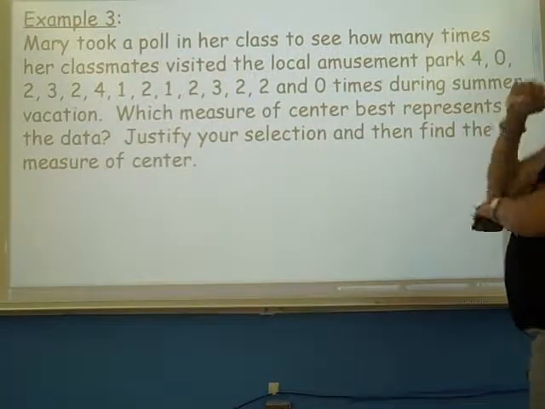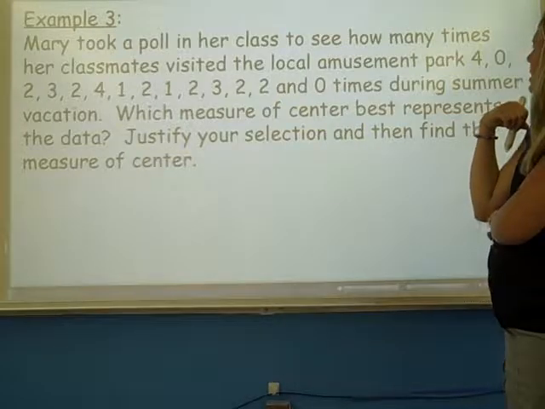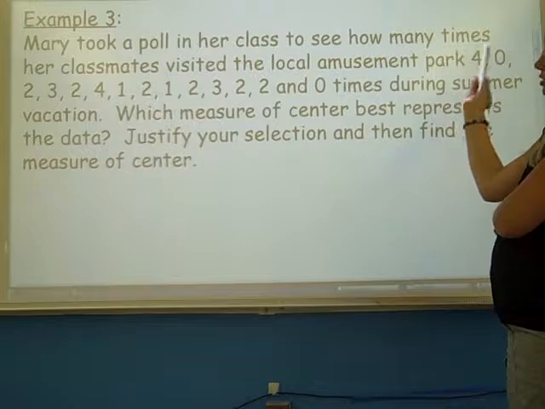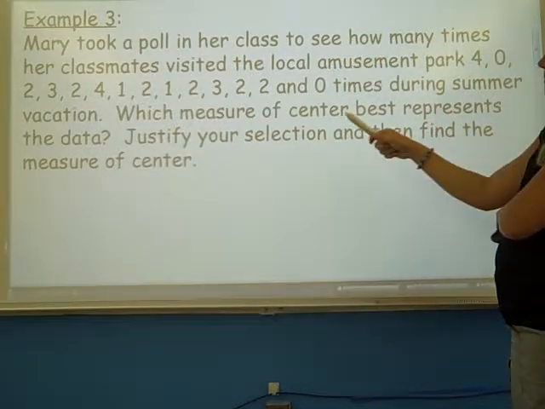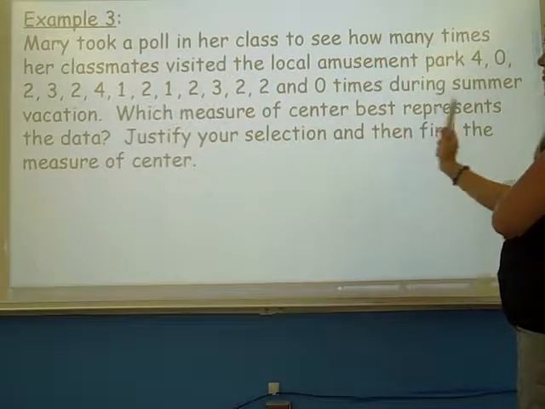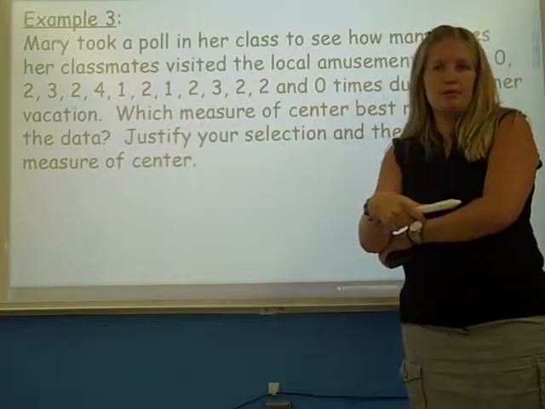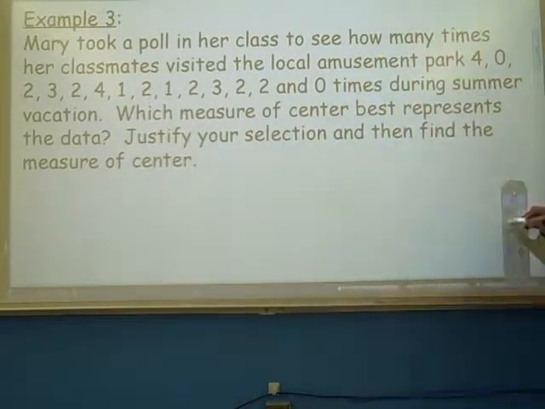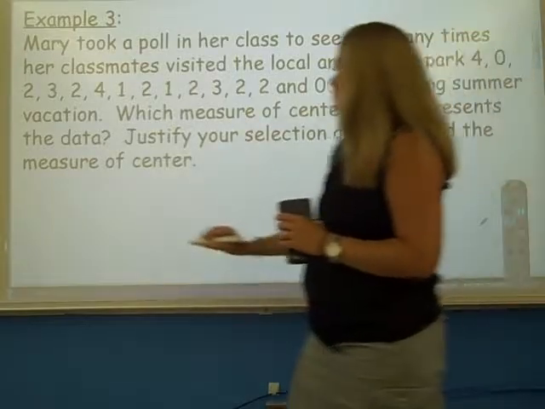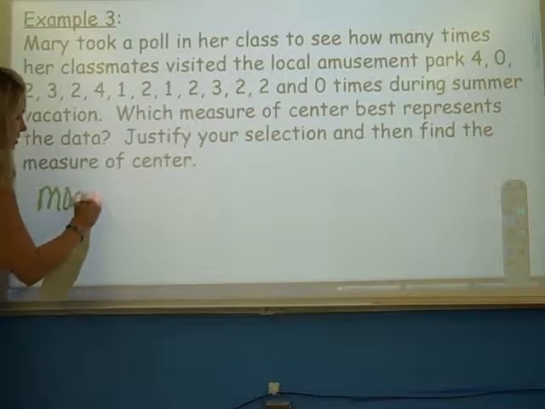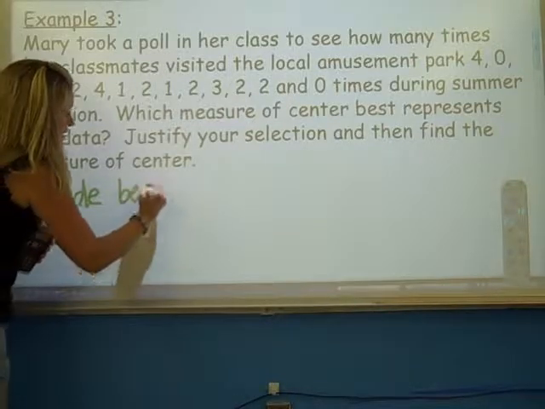Okay, so here's an example. Mary took a poll in her class to see how many times her classmates visited the local amusement park. And there's all the numbers. During the summer vacation, which measure of center best represents the data? Well, I see a lot of repeated numbers. So I'm going to say mode in this case. Mode, and then I'm going to say, because there are a lot of repeated numbers,